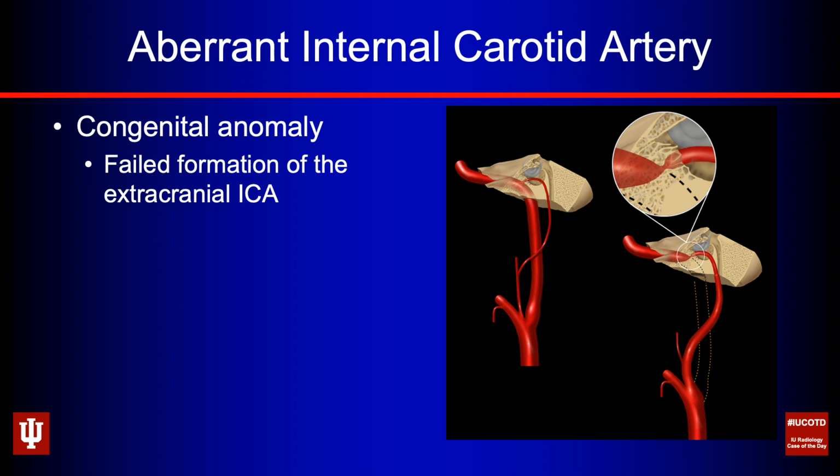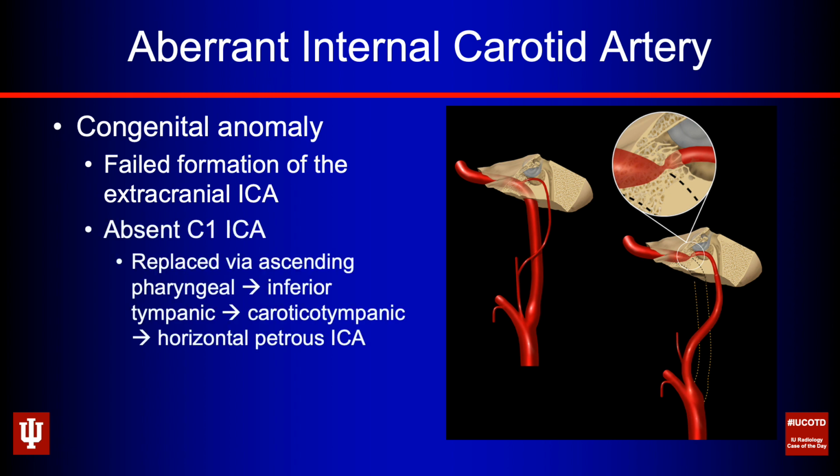And this is due to failed formation of your extracranial internal carotid artery. So we can see the inset image on the left, the normal state. Here is what happens in the aberrant internal carotid artery. You can see that we have our absent cervical segment. We can see that that is missing here, with the dotted line representing where it typically would have been. And so in order to replace that, we have